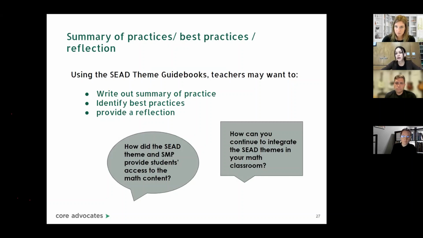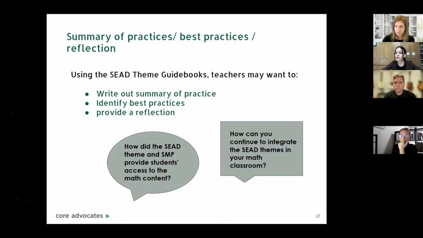to communicate with each other, perhaps your teacher actions that you did to make sure that your students' thinking is valued within your classroom. And you can think about also how you would continue to integrate the SEAD themes within your math classrooms. Because as we all know, one lesson isn't going to change your math instruction. And so you would want to continue to incorporate these SEAD themes so that it is more evident inside your